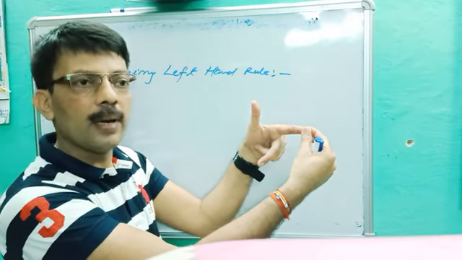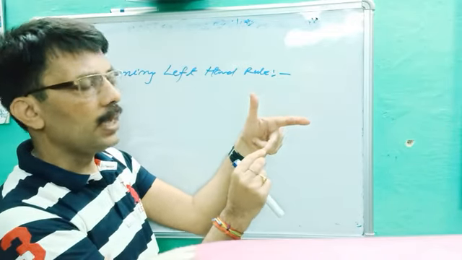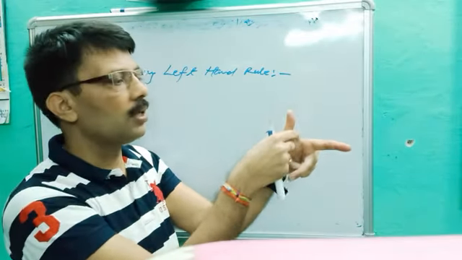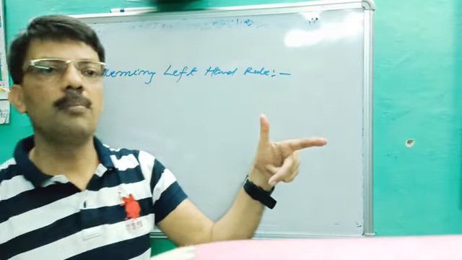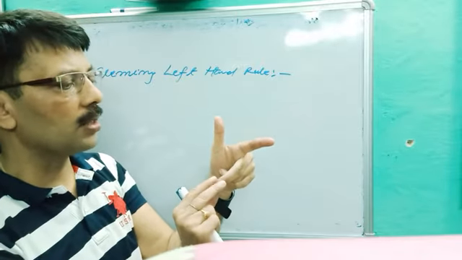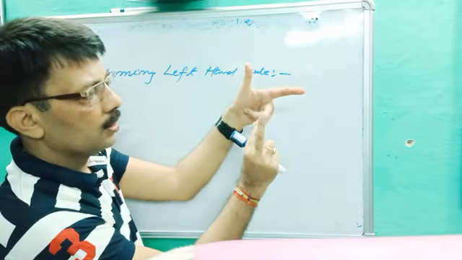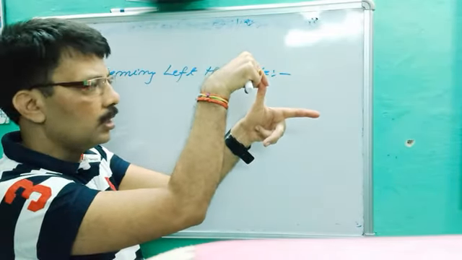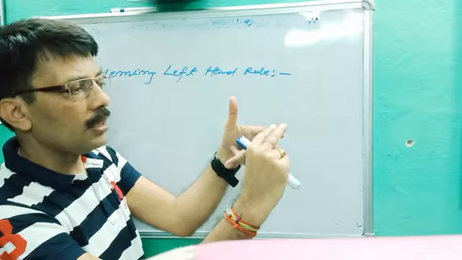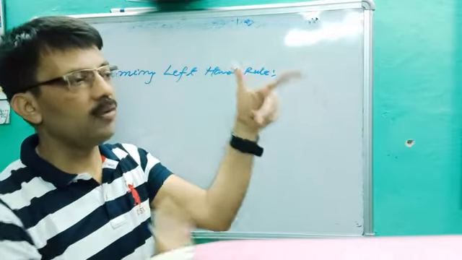if the forefinger represents the direction of magnetic field, very important, forefinger is the direction of magnetic field, middle finger the direction of current, then the thumb will represent the direction of force. This is also called the motor rule. You better know, a motor is the device which converts electrical energy into mechanical energy. Once again, this is the direction of magnetic field, this is the direction of current, then the result, it means the thumb, will represent the resultant direction of force. It means if any charged particle carrying a current I is kept in a magnetic field, then it will experience a force by Fleming left hand rule.